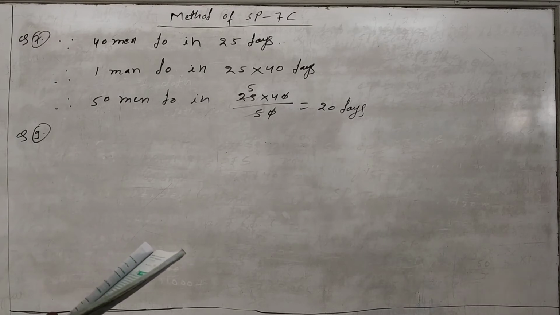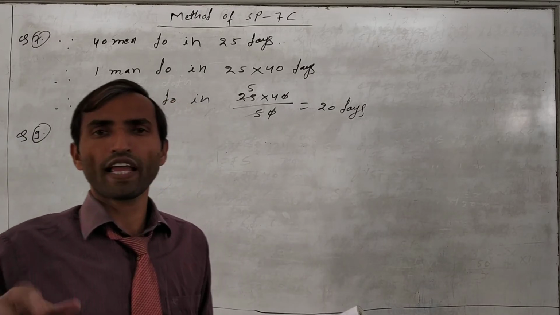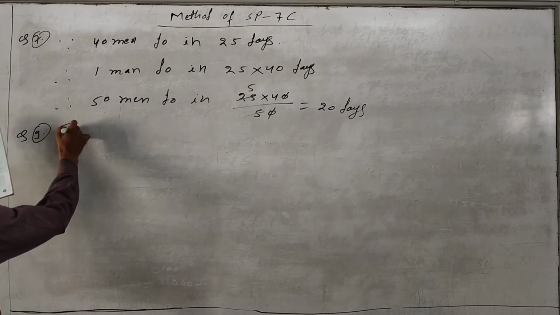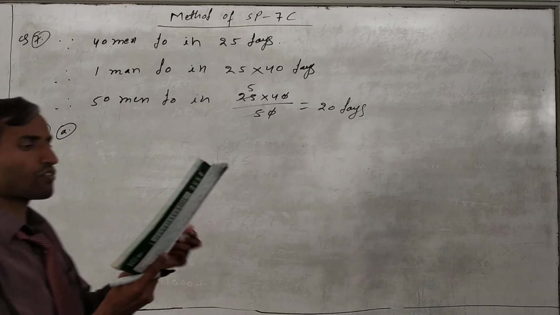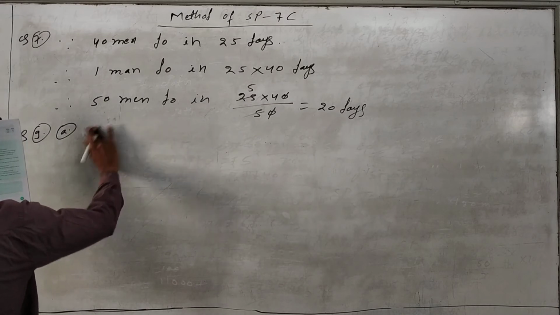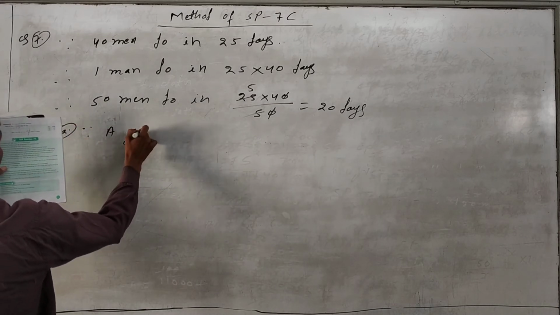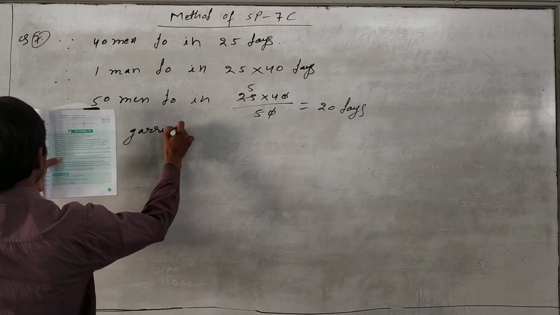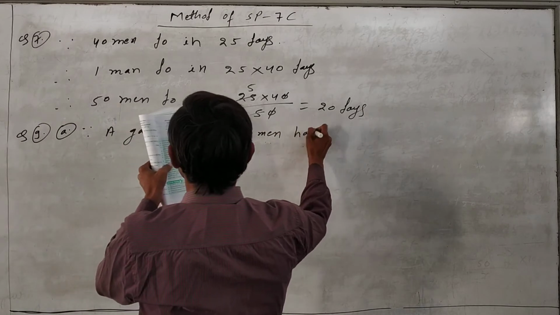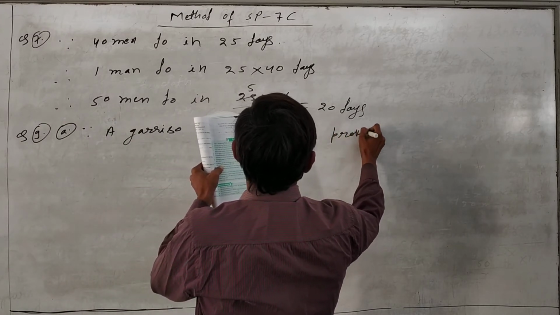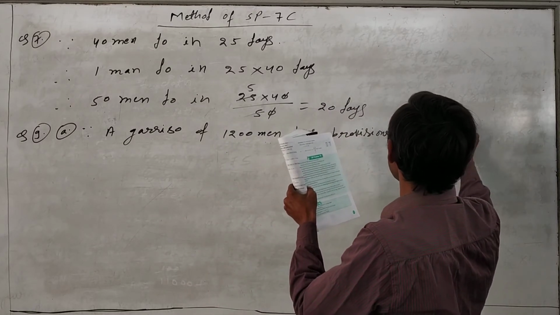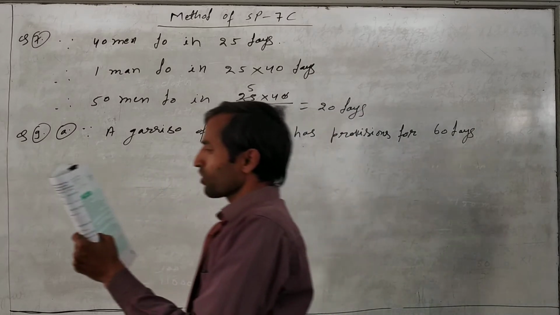So first of all we will find for the reduced case. It means they have decreased by 600 men, sent to another place. In the first part, I will do the A part. We have to find the number of days. So just write down: since a garrison of 1200 men has provisions for 60 days, right? Now we have to find for one man.